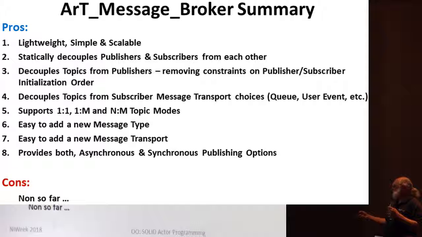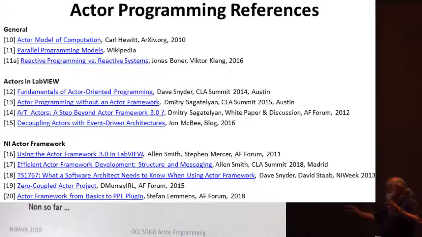Pros and cons of the message broker. The important message is that this is the good stuff, and there's no bad stuff that I see so far. So pay attention to the design pattern, and do your due diligence. This is what I use now, and I intend to use it later. Right now, it runs only inside the address space, inside an exe. But by doing a message transport that goes across the boundary or across targets with TCP/IP, without changing the message broker logic, I can communicate to a remote message broker as a proxy. So that's an easy way of extending it.